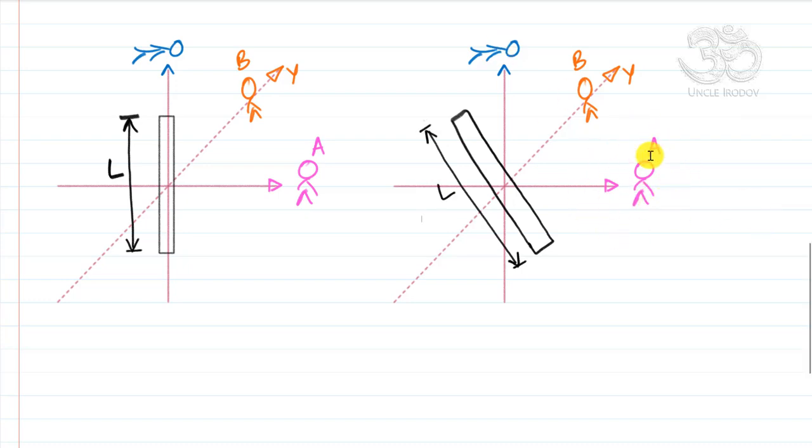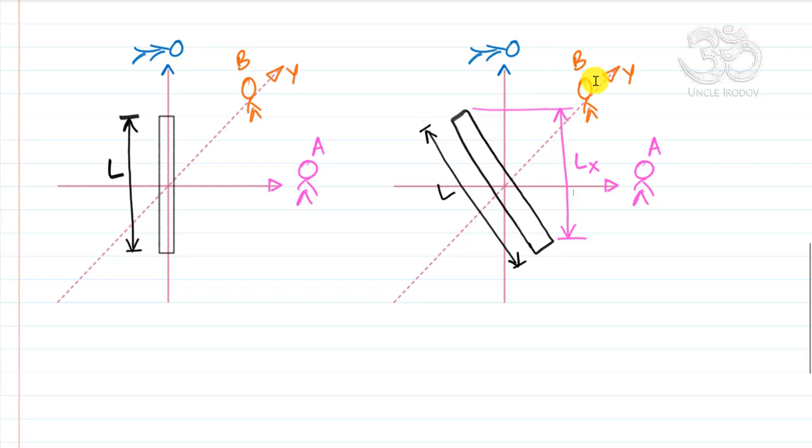So when you look at this guy A and you ask him, what do you see? He says, I see a bar magnet that is aligned along the z-axis and whose length is Lx, this much. He says the length of this bar magnet is Lx. That's all. Then you go for this guy who is seeing everything from the y-axis side and you ask him,